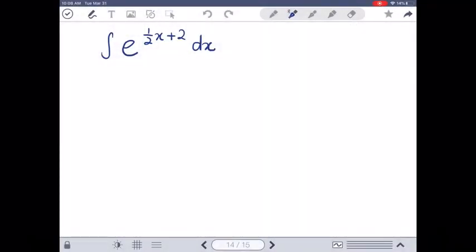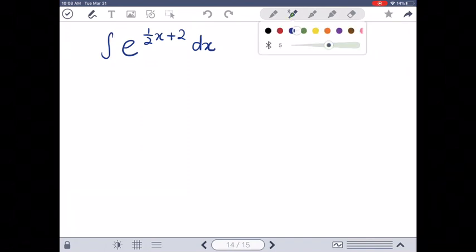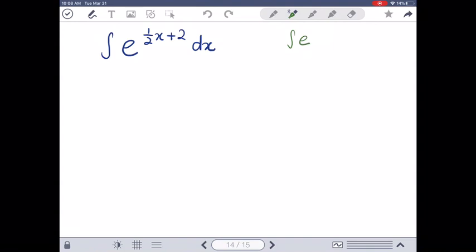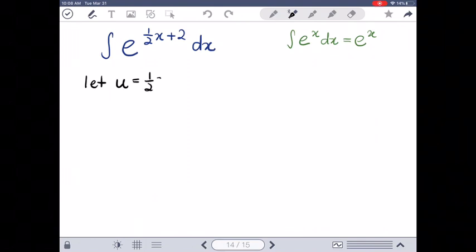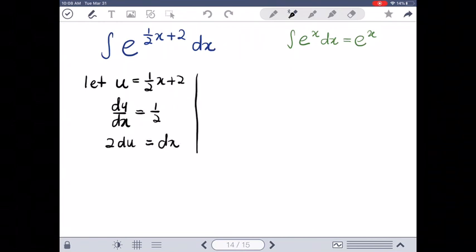Okay, the next example will involve an exponential function. Again, the basic formula: integration of e to the power of x with respect to x is just equal to e to the power of x. Therefore, in this case, we let u equal to 1 over 2x plus 2. du over dx is just equal to 1 over 2, so du is just equal to dx. Substitute into the original integration formula,